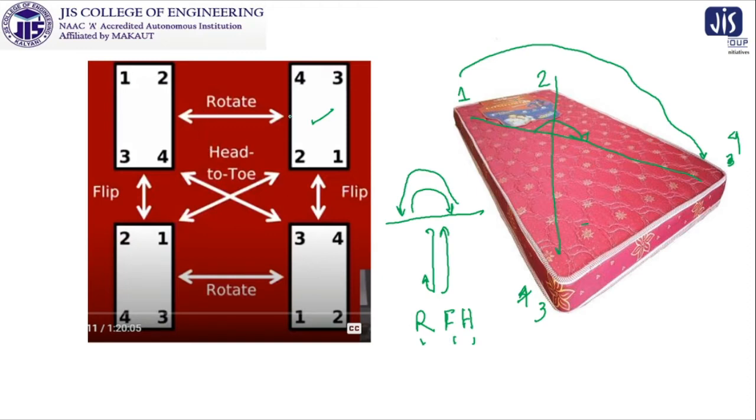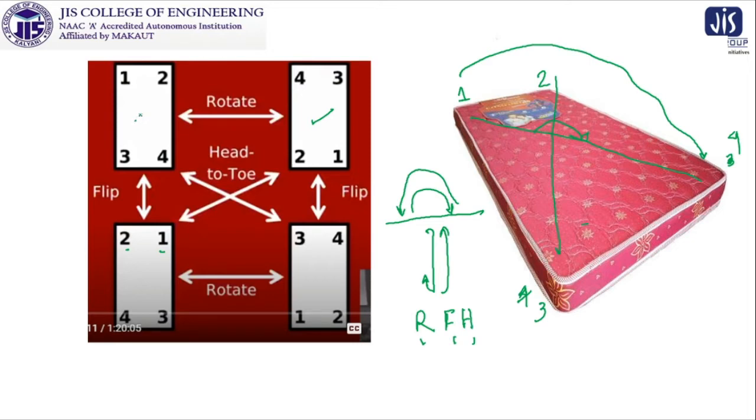if you rotate this you will get this one, and please check, if you flip this then you will get this one. Again if you rotate this, then this 3 by 180 degrees will come here and 4 will go here, you will get this one. And again if you flip this, that means this 1 will go to this position and this 2 will come here, similarly for 3 and 4, and you will get the original matrix or the initial position of this matrix.